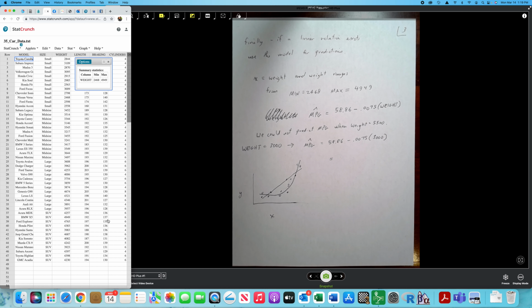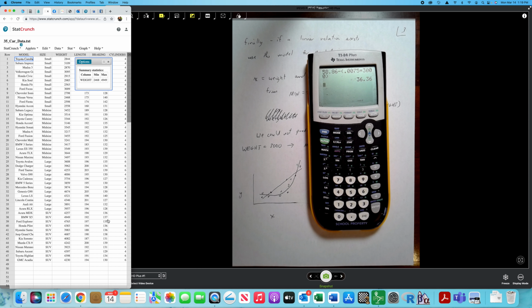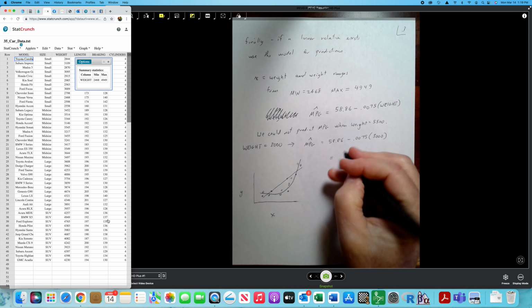Let me pop that in the calculator real quick. And I get a predicted miles per gallon of 36.36,